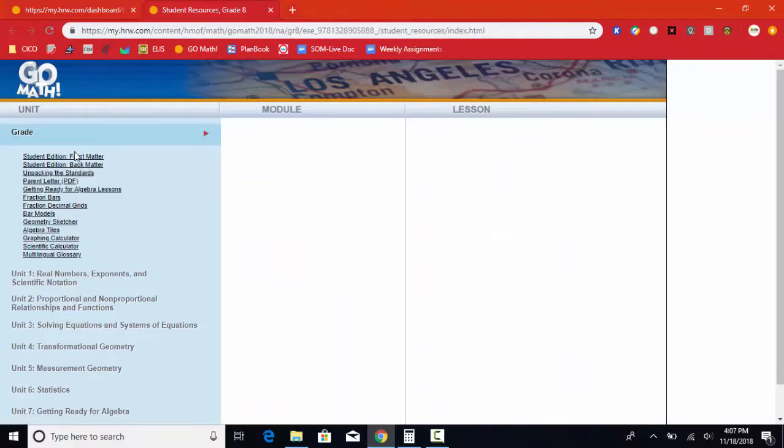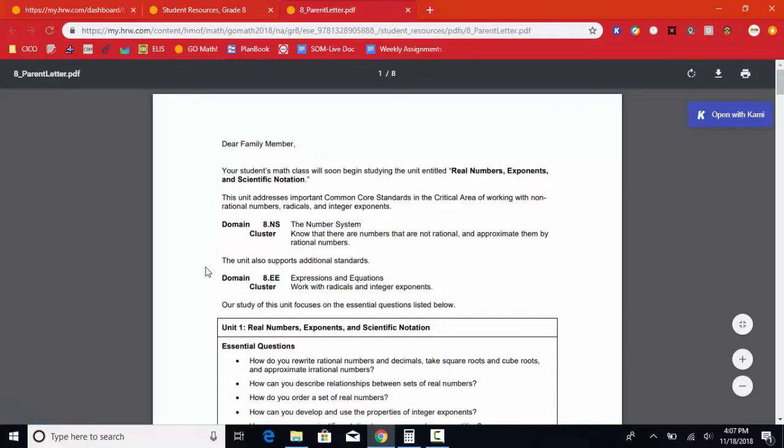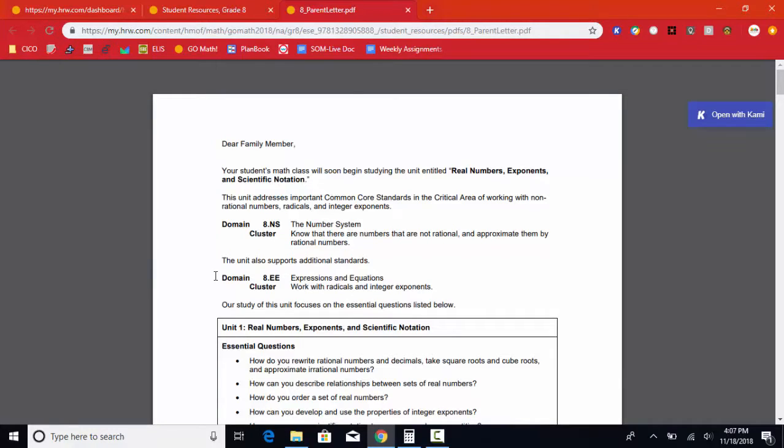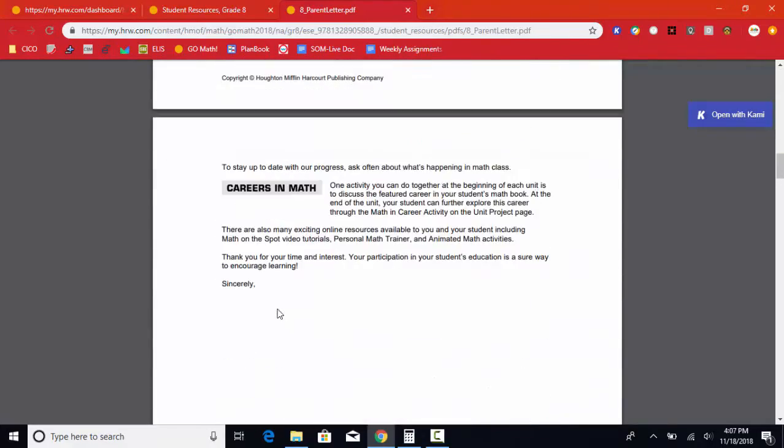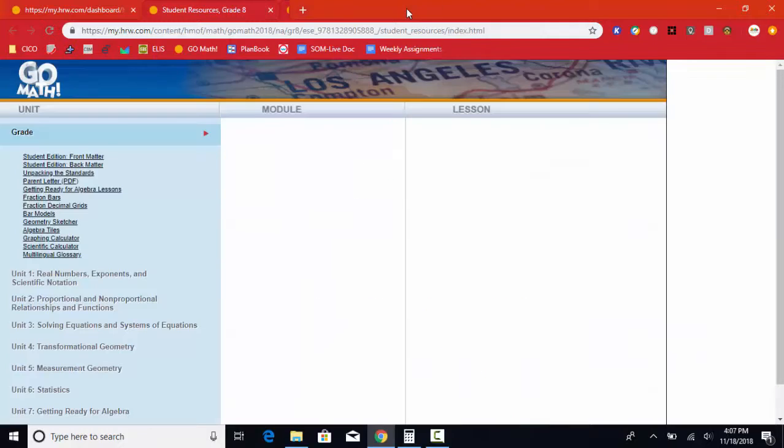Now if we go back, just by hitting the X, we have our parent letter, which is a letter we can send out to say, hey, we're going to be doing real numbers, exponents, scientific notation. Here's the unit. This is what we expect to be done. There you go. And there's one for every unit. If we go back,